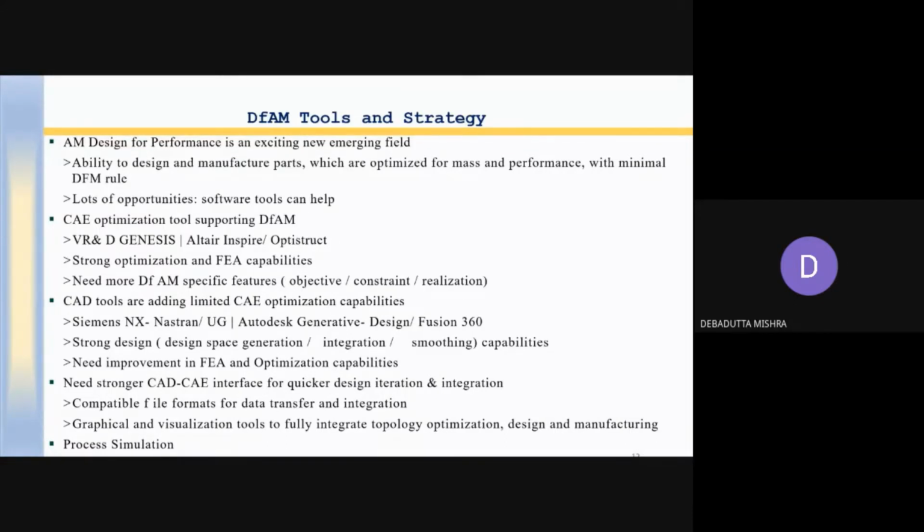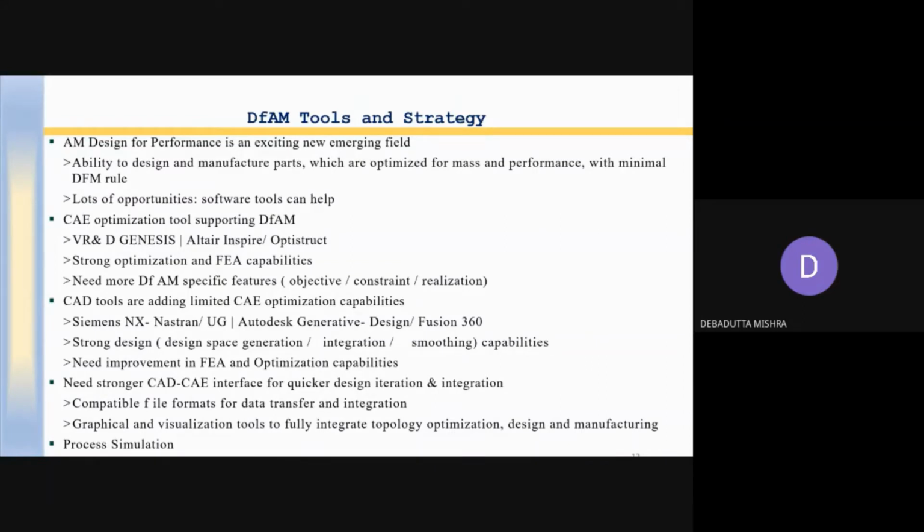And there should also be some interface between the CAD and CAE. The interface is required whenever you go for analysis of the material property, the heat transfer, and topological optimization. Suppose you are going for a 3D design and you need to remove some metal; you have to go for topological optimization.